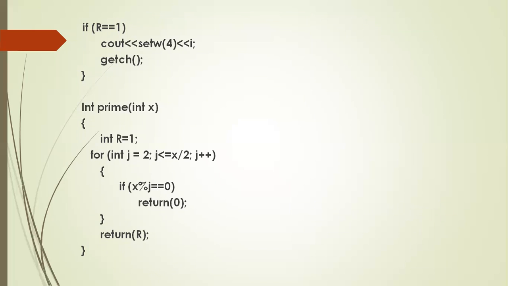Next, below this one, I've written the function called prime, int x. So that function prime takes any number called x. If the given number x is a prime number, it returns 1. Otherwise, it returns 0. So in int, you declare an extra variable called r. Initially, you keep the value of r equal to 1. Next, in order to check whether any number is prime or not, you start dividing from 2 up to half of that number. For example, first time,